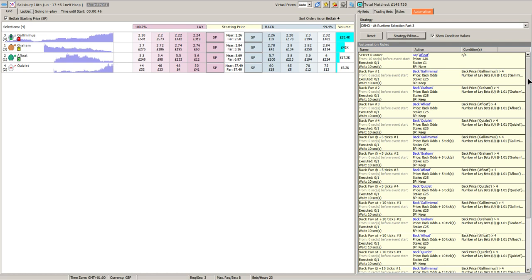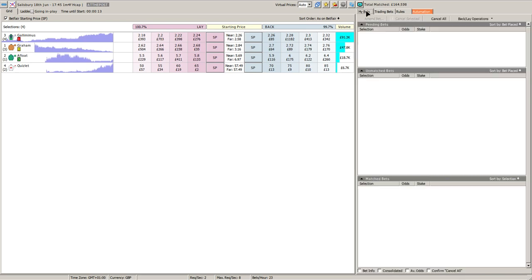So what will happen is each of these rules will kick in individually, and you'll notice here that this one's going to put a bet on the favourite. It's going to check its odds to see if they're bigger than 4, and it's going to check to see if there's an unmatched bet on the favourite. And if those 2 conditions are true, the bet will be placed. So in our case, it should only happen on a float. So we have a float down here. It's checking to see if it's greater than 4, which it is. It's going to check to see if there's a control bet in,